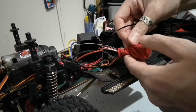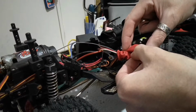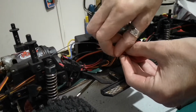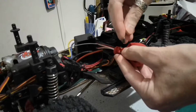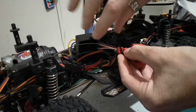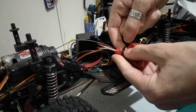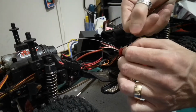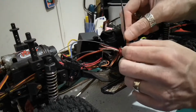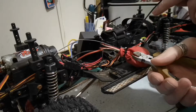Get our zip tie. Gonna make sure our balloon's over. Make sure our aerial's okay in there. And then we'll get our zip tie. We'll stick it around. Pull some of this out of the way. Zip tie it up. Obviously we want it to be nice and tight so it pinches that balloon in at the top. And what we'll do that and get the old trusty snips,